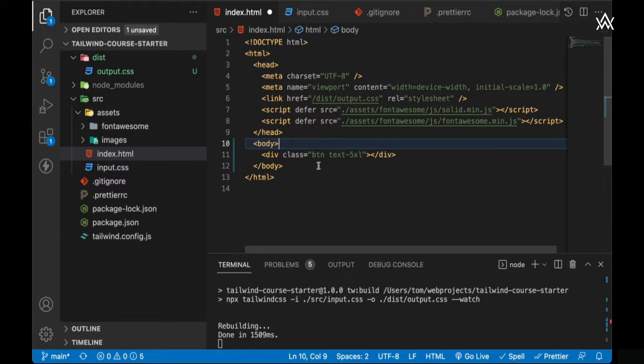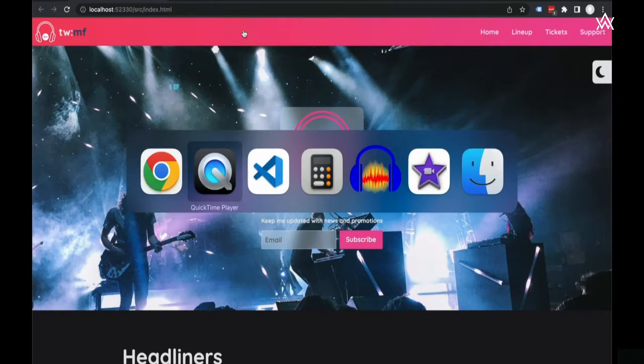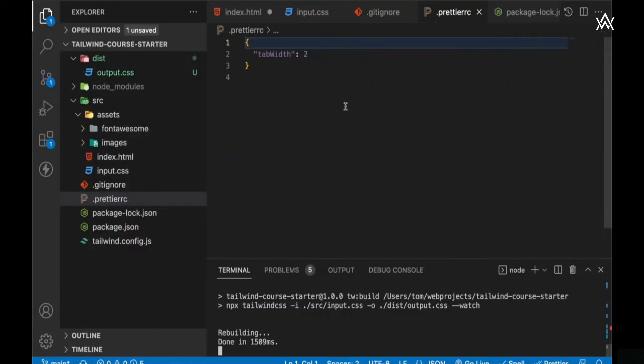So now that we've gone over a quick overview of this project and Tailwind CSS, let's go ahead and start building out our landing page, starting with the header navigation menu. We're going to start with this navigation menu at the top of our page. So let's go back to our code, and quickly before we start writing HTML and CSS,